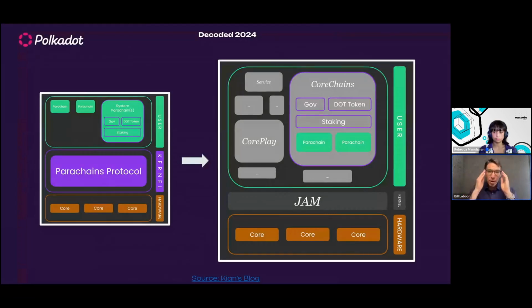However, you may have heard of JAM, the Joint Accumulate Machine, and what this allows is a much more abstract CPU, a generalization, that will allow you to run all kinds of services on top of what will essentially replace the relay chain with a much easier to program, much more powerful and much more abstract version. And so this will allow the parachains protocol itself to run as a service on top of JAM.